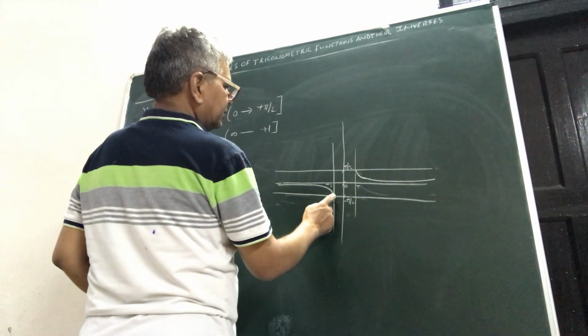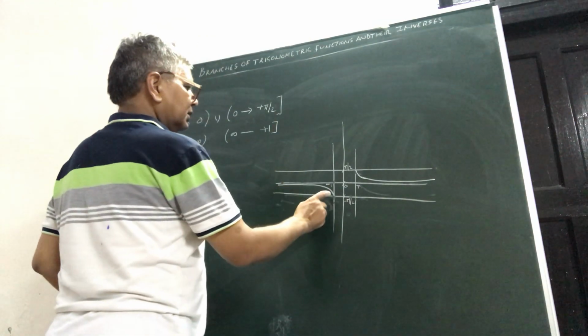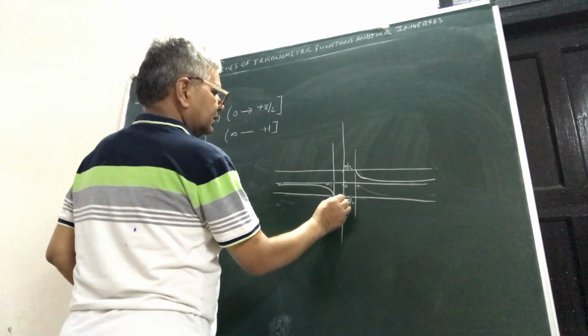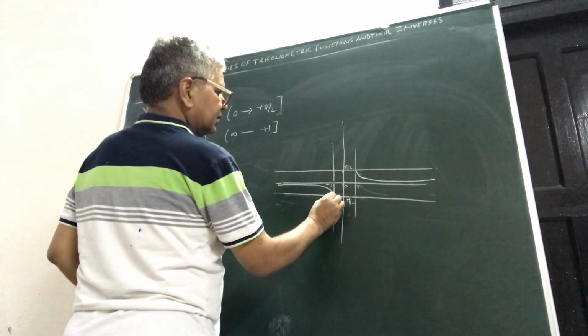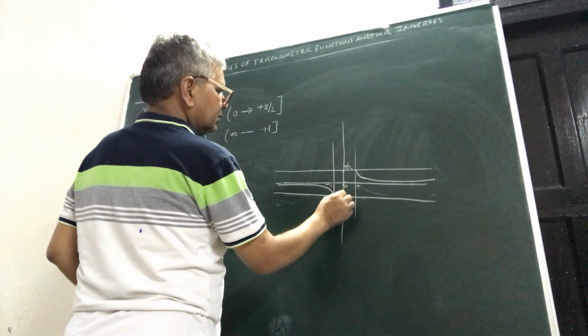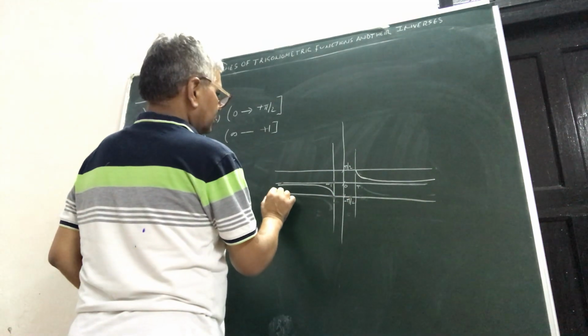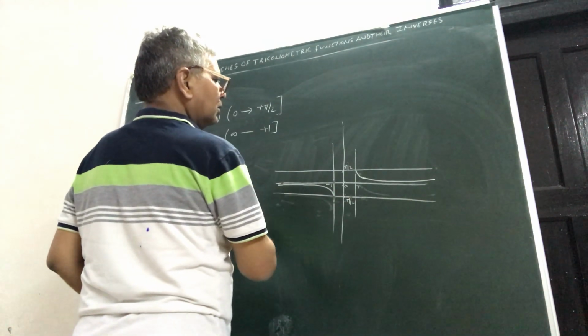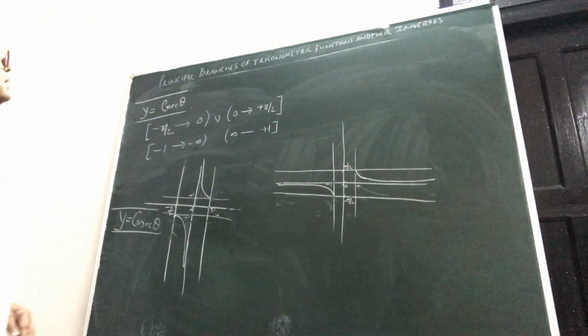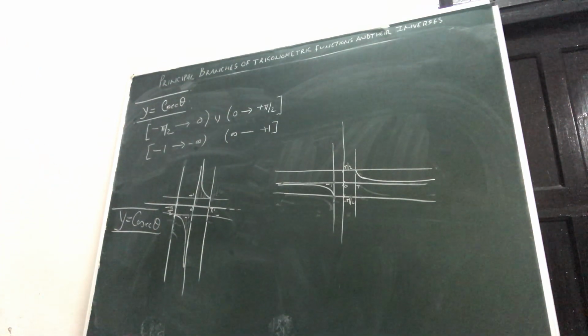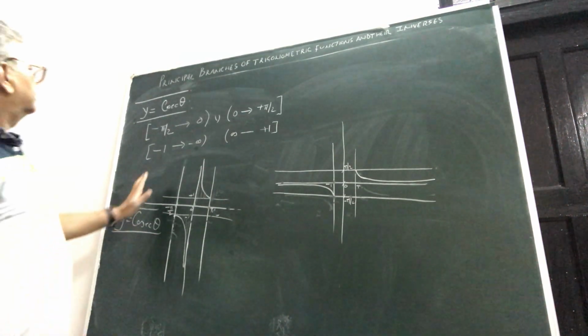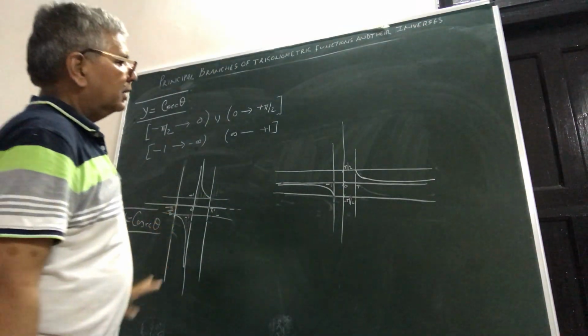This is minus pi by 2. So minus pi by 2 will be minus 1. And then see, you are going. This is minus pi by 2. You are going here, this way. So yes, that's the curve here. Minus pi by 2. Yes. This is okay. Matching minus 1 to.